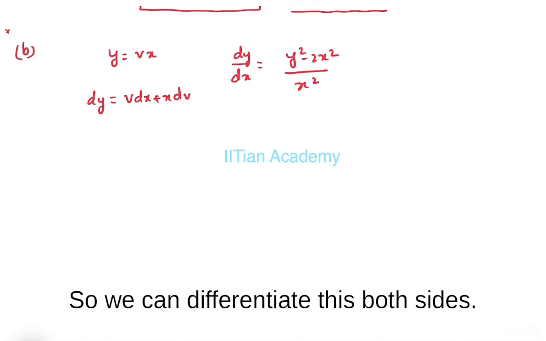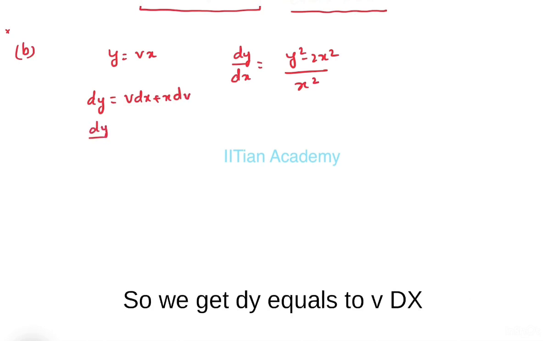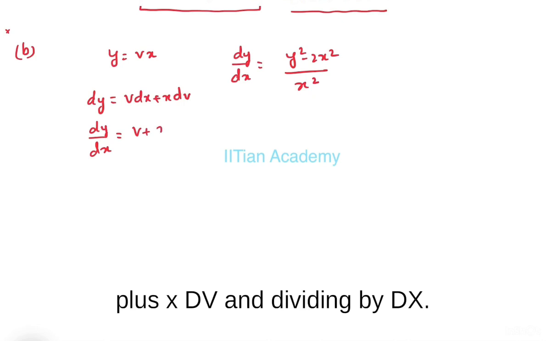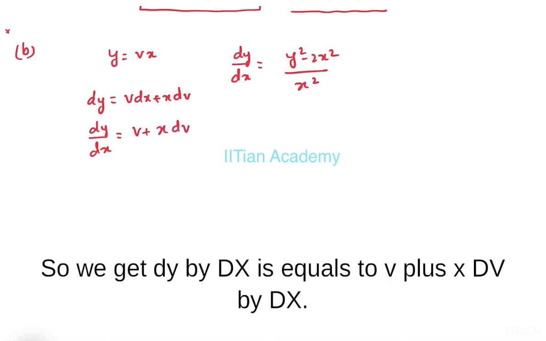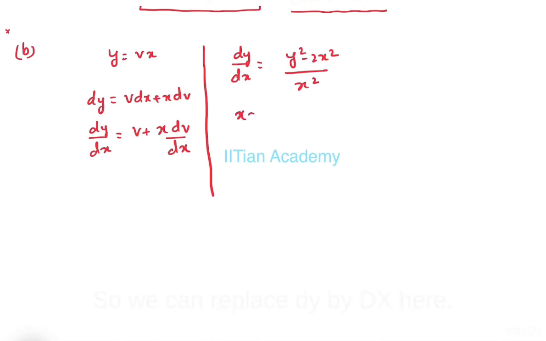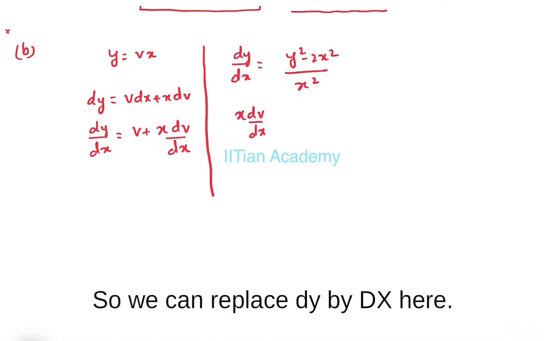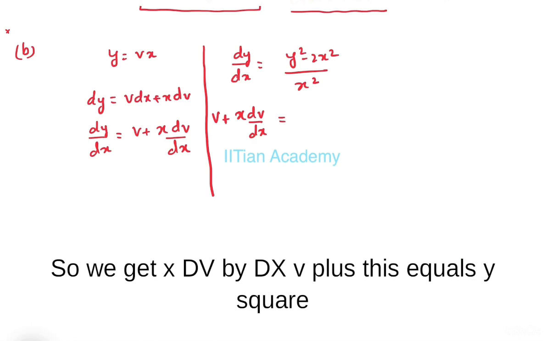So we can differentiate both sides. So we get dy equals v dx plus x dv, and dividing by dx, we get dy by dx is equal to v plus x dv by dx. So we can replace dy by dx here, so we get x dv by dx